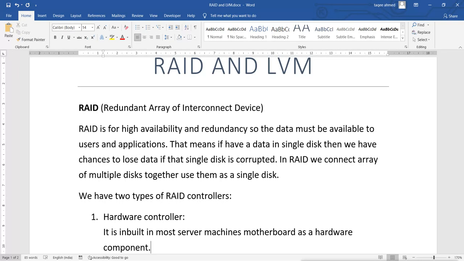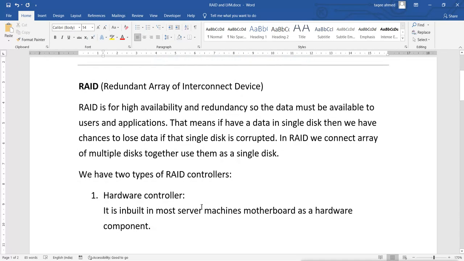Just like you have a video controller, an audio controller, a network controller, and a graphics processor in your motherboard, this is also a RAID controller, a hardware component in server machines. If you have a hardware controller, it works very fast compared to the software controller.